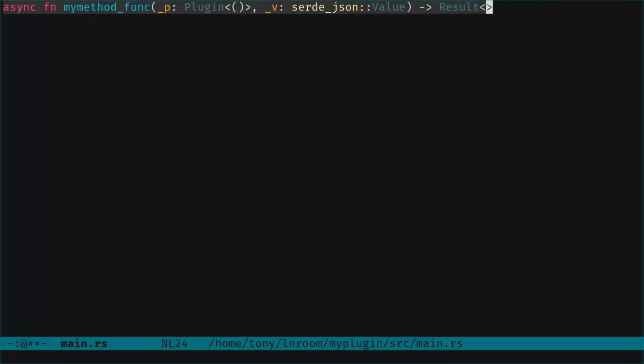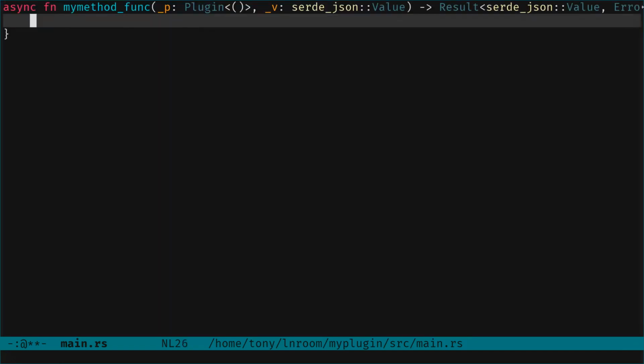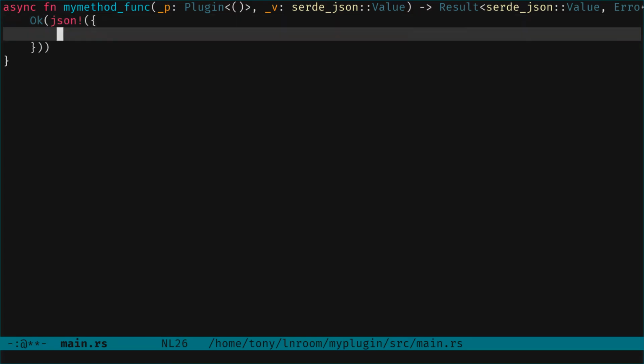Okay, result, and first this will be third JSON, okay, value, or an error. Okay, it seems to be correct. And here we do something. So as we do almost nothing right now, we want to return. That macro JSON comes from a third JSON module, and this allows us to directly use the JSON notation to write